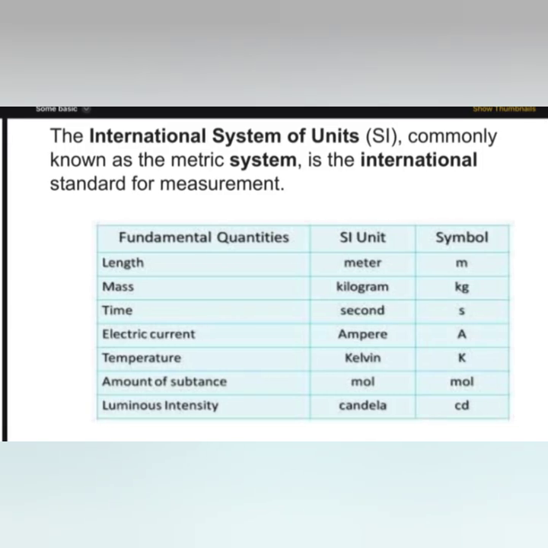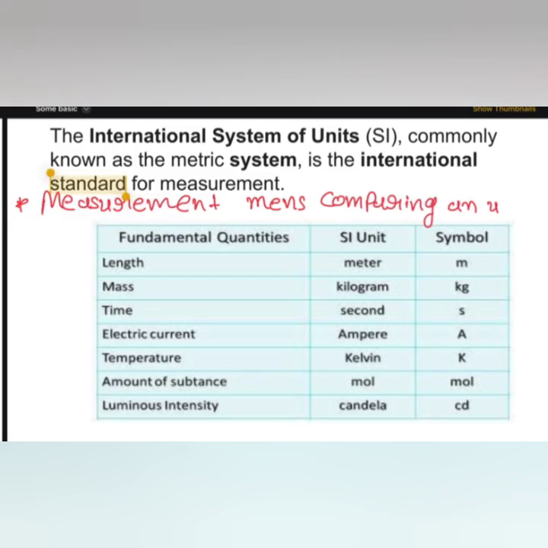First of all, measurement means comparing an unknown quantity with a standard unit. Okay,